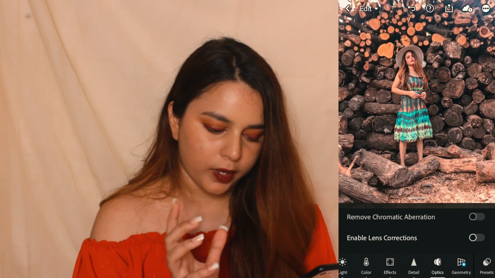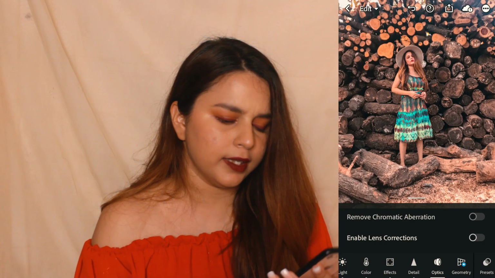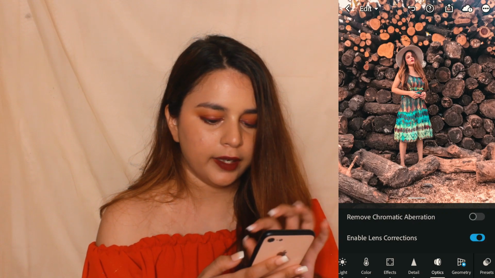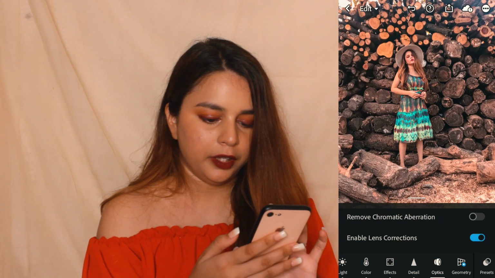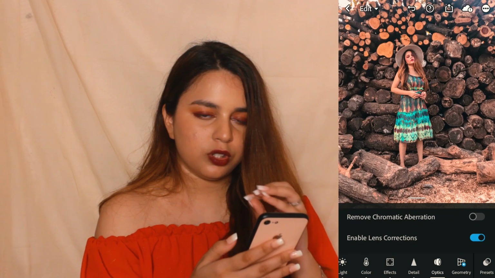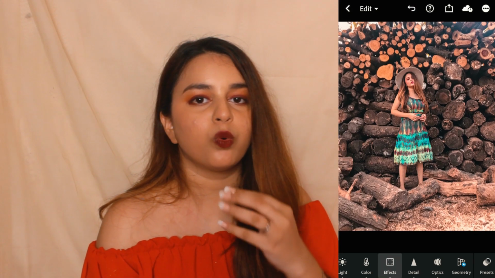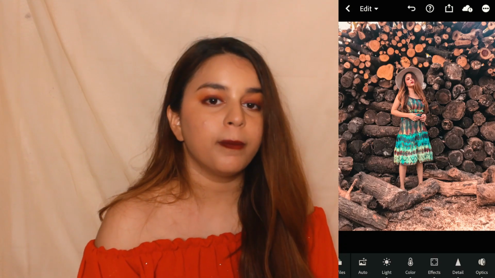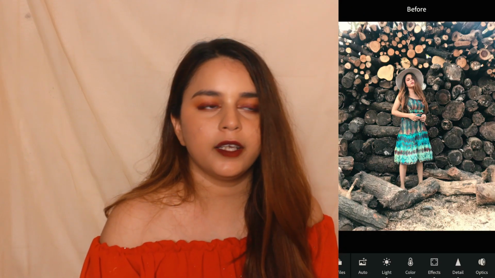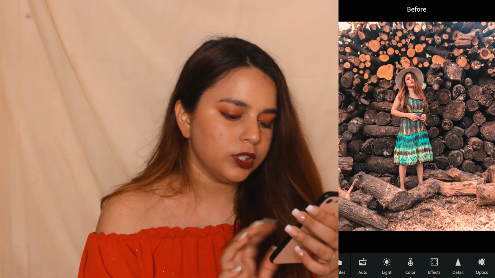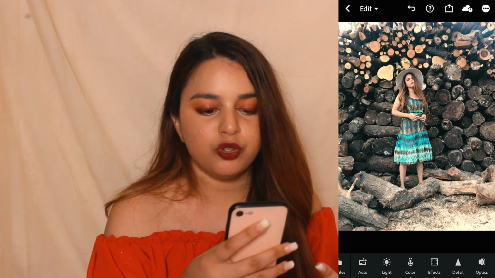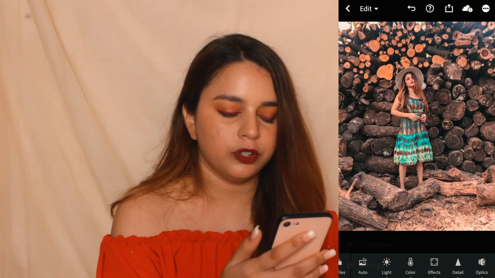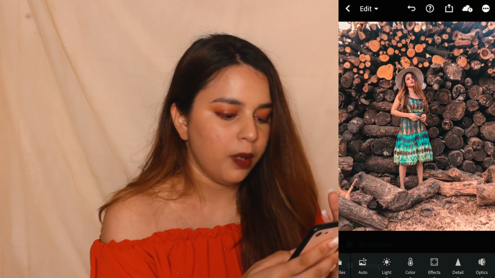Now if I go to the optics, there is this enable lens correction. I just tick this, and if you see, there is a slight difference when I tick it. So it's like the lens gets wider, and I like it that way. These are the only settings I use, but a little bit here and there is bound to change. So yeah, this is how I edit my Instagram pictures. I'm gonna show the before and the after. I am in love with the after. It has brought so much character to this picture.